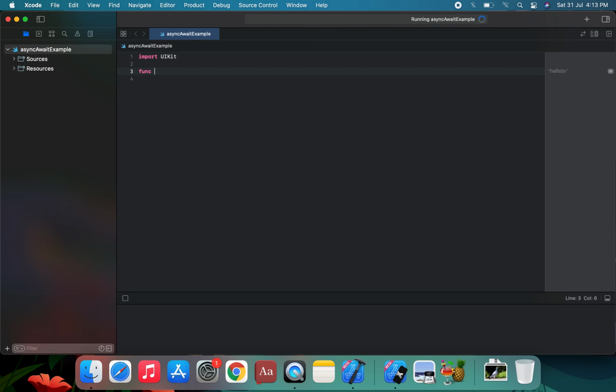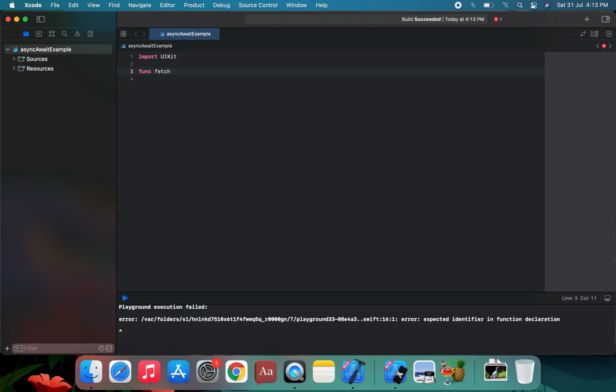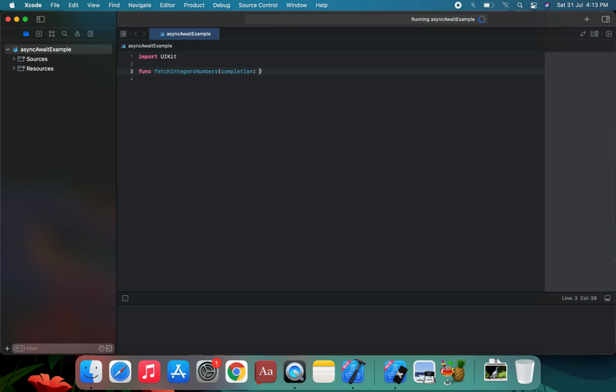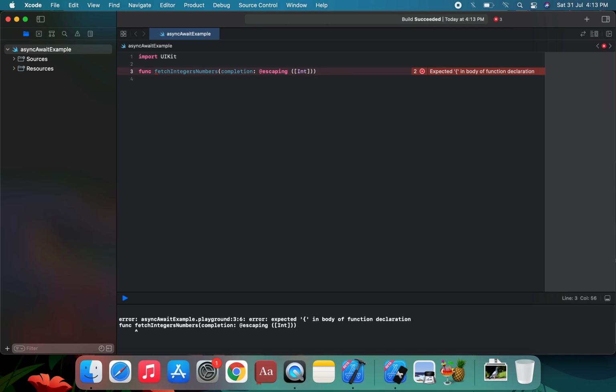The first function is fetch integer numbers, and in this function we pass a completion, which is of type escaping, as required for closures. This closure has a parameter of an array of integers, and the return type of the closure is Void. Then we create braces for this function.